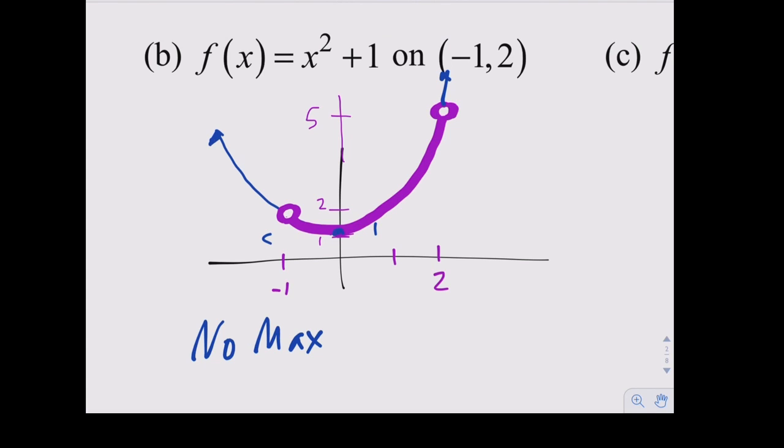As x gets infinitely close to 2 from the left, our y values are getting infinitely close to what? 5. Do we ever get to 5? No. So if there were to be an absolute maximum value, and this is not a limit anymore, we're not talking about a limit, we're talking about an actual y value that we can claim stands right there such that no other y value is bigger than it. And you could say that it's